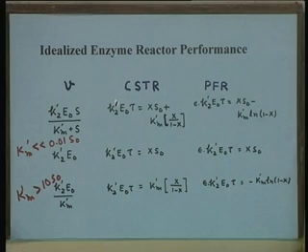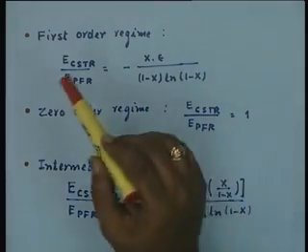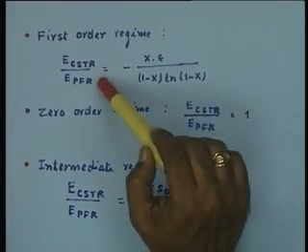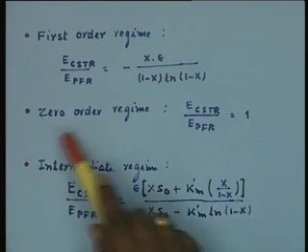To be able to compare the reactor performance, I think what we need is to look at 2 different things, the fractional conversion and the quantity of enzyme required. Now, these 2 parameters can be looked at from these expressions. We had also looked at yesterday the relative quantity of enzyme required in CSTR to PFR is given by this ratio, and here as you will notice, as we increase the fractional conversion, the relative quantity of enzyme required for a first order regime significantly increases in the case of CSTR. In the 0 order regime there is no difference.